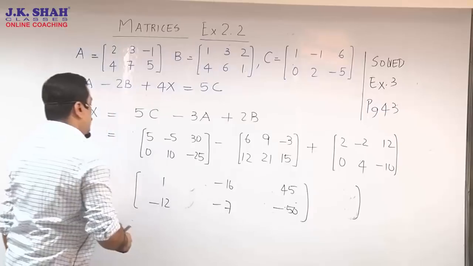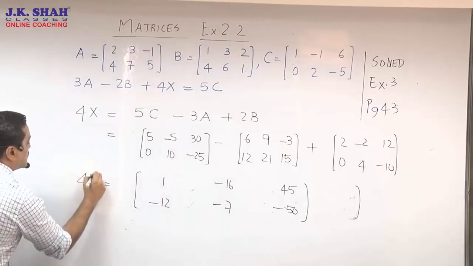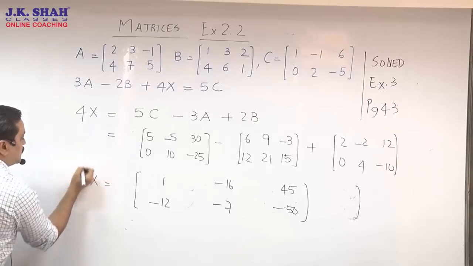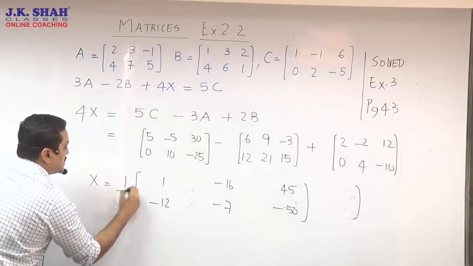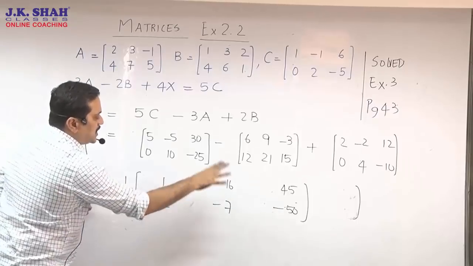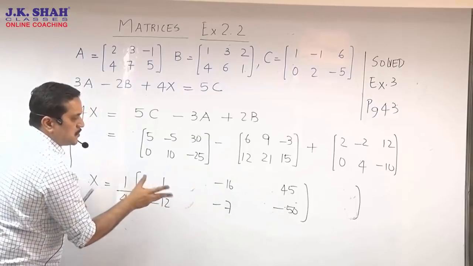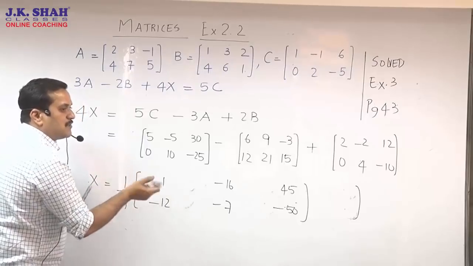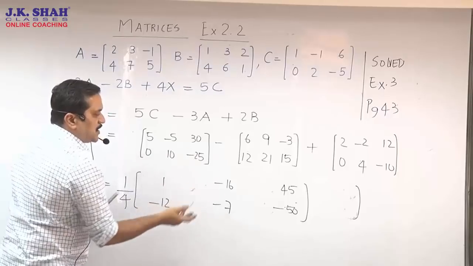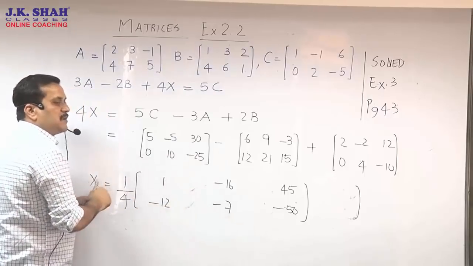Now that is, if you all understand, that was 4x. But we are supposed to find matrix x. So we need to push our 4 on the other side. So 4 सामने जाके 1 by 4 हो जाएगा. Now if I would have got all the elements inside the matrix which was divisible by 4, I would have pushed my 1 by 4 inside. But right now, except the two elements, I don't find either element to be divisible by 4. So I keep my 1 by 4 outside.